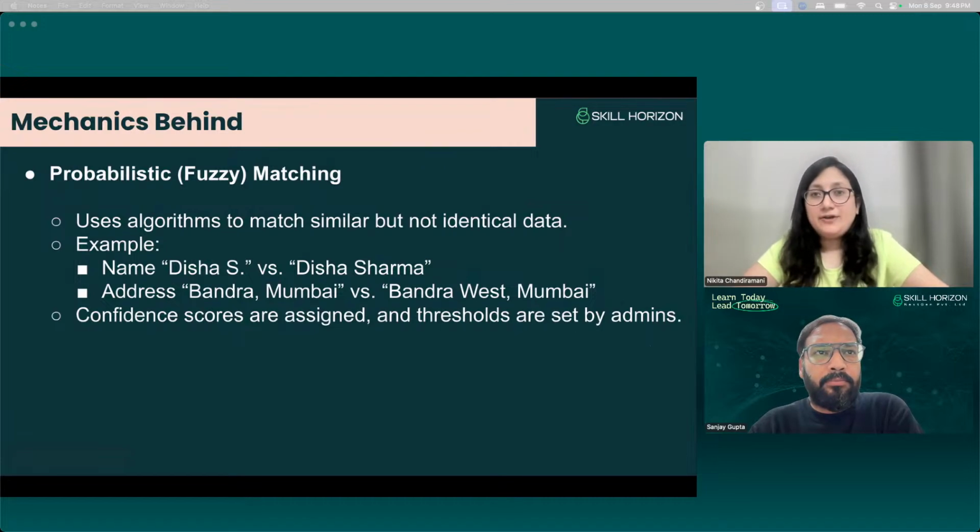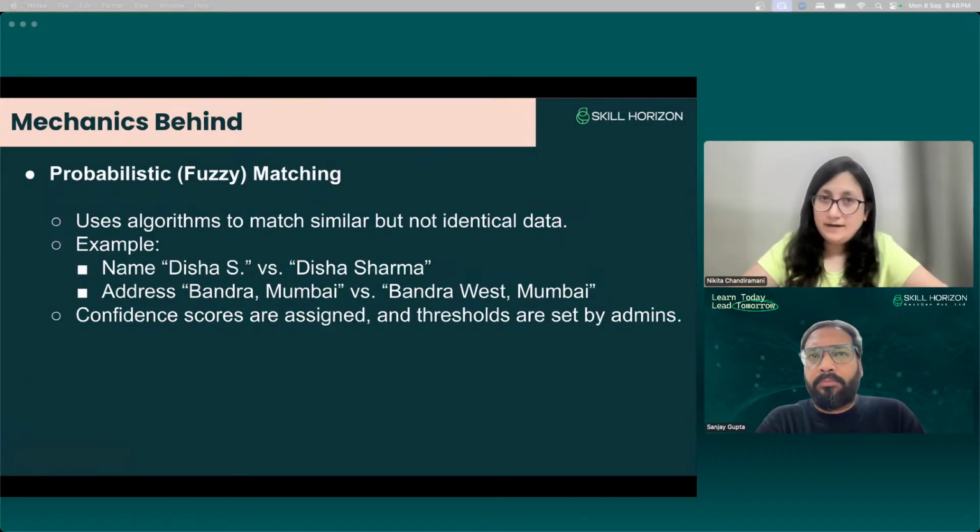So we look for the address. If it is Bandra, Mumbai versus Bandra West, Mumbai, this will look alike. This is how we approach similarity and create the unified profiles. Third, confidence scores are assigned. We assign certain scores to the person, and if the scores are good enough, then we relate them.